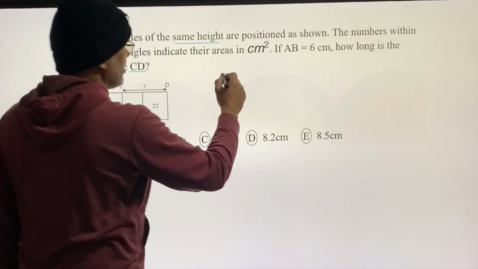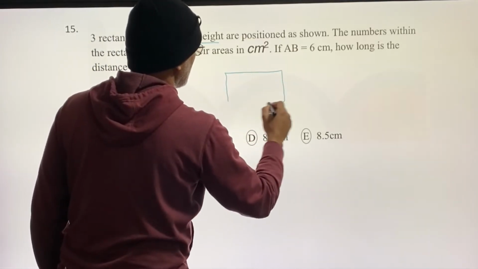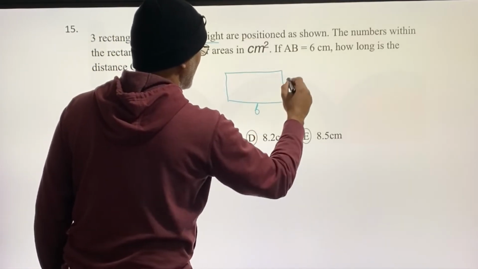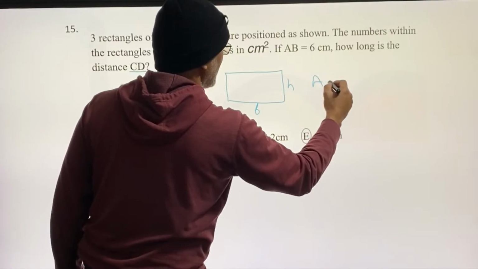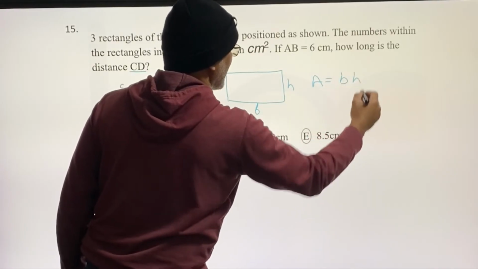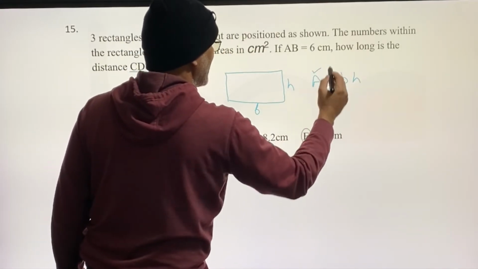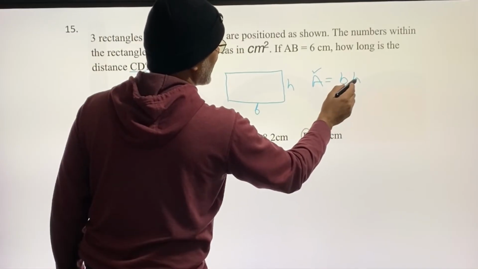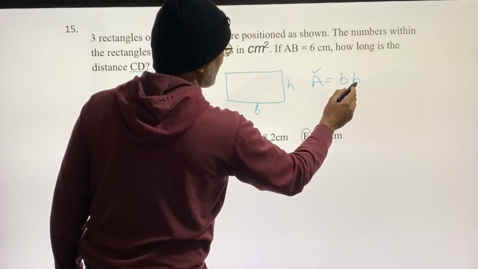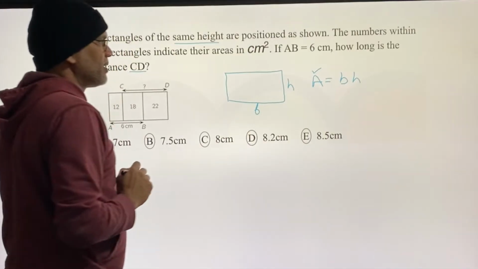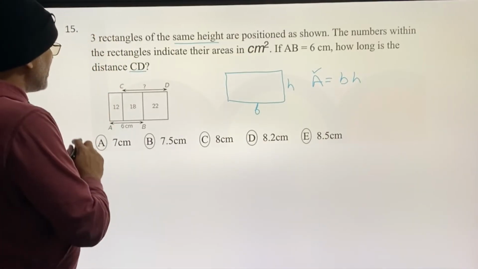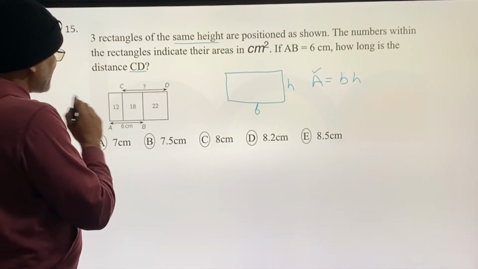Given a rectangle with base b and height h, area is equal to base times height. So if I know the area and if I know the base, I can find the height, or if I know the height, I can find the base, right? Okay, so let's first take a look at